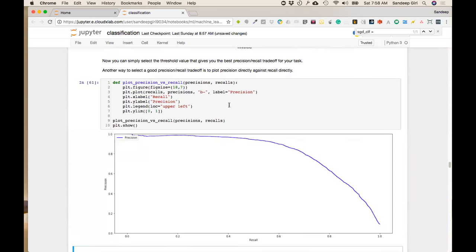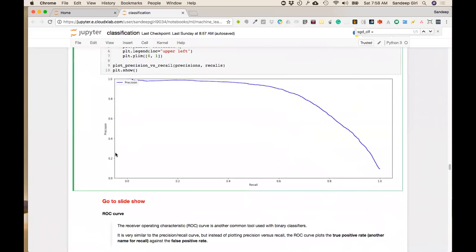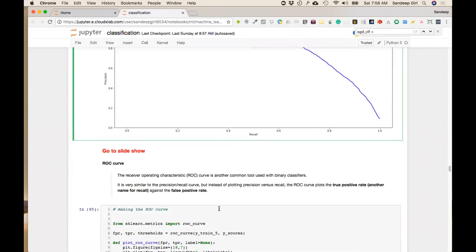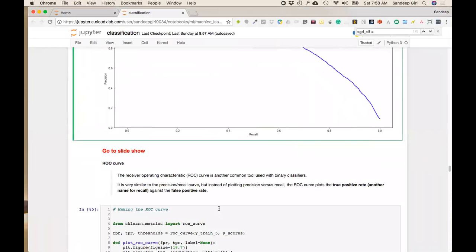Right, here we can do that. So you can see that as recall grows, precision drops, and precision improves as recall drops. Okay, now there is a very important